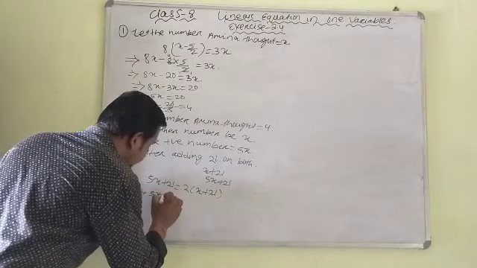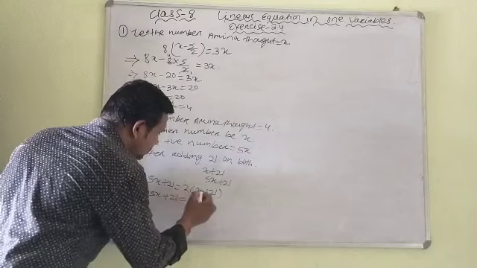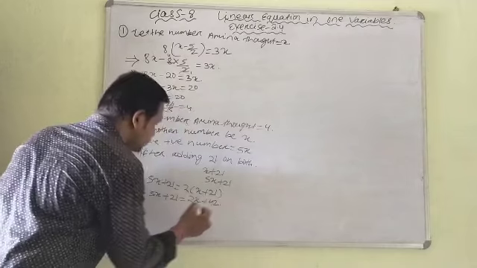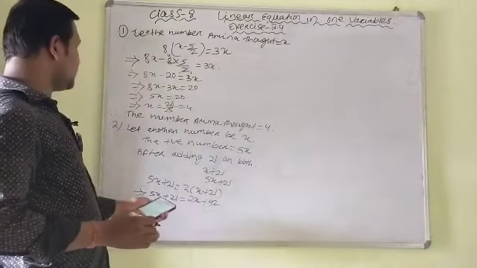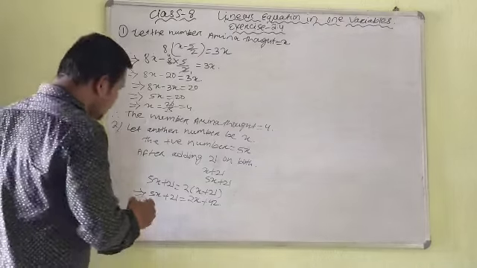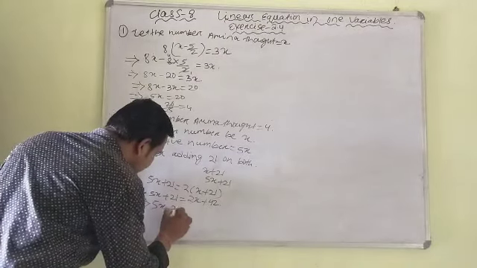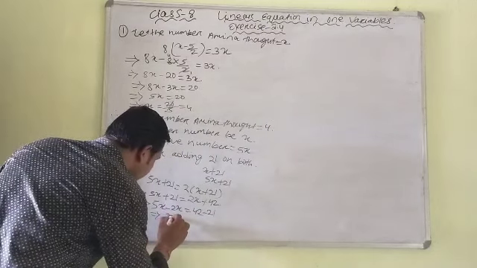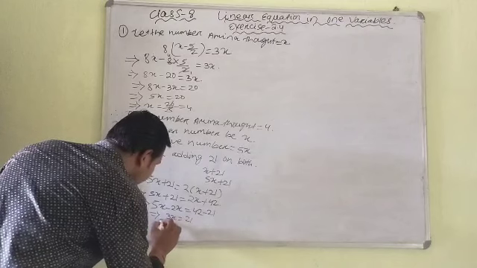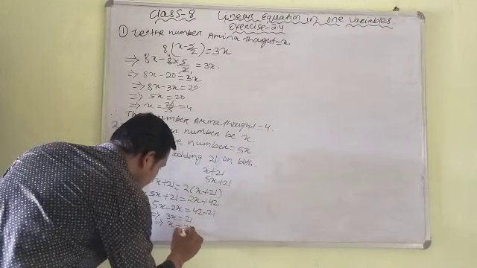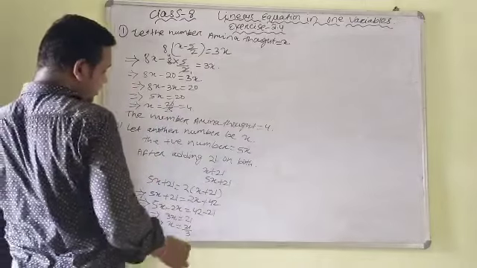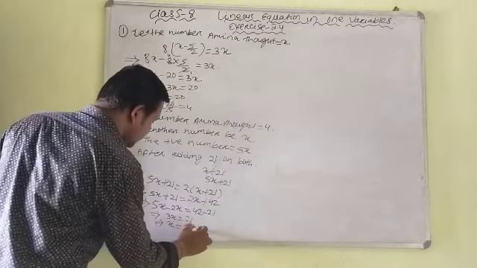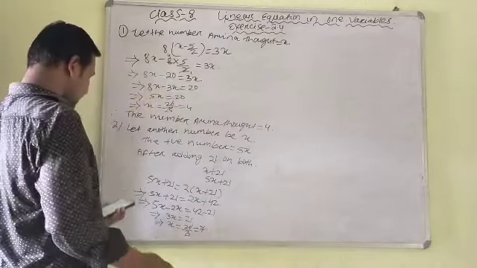So it's given here 5x plus 21 is equal to 2 into x, 2x plus 21 into 2, that is 42. Okay, now we will exchange variables to one side and numbers to another side. So it will be 5x minus 2x is equal to 42 minus 21, that is 3x equal to 21, and next x is equal to 21 by 3, as 3 multiplied with x on the left side will transpose and divide on the right hand side. So after simplification we get x equal to 7.